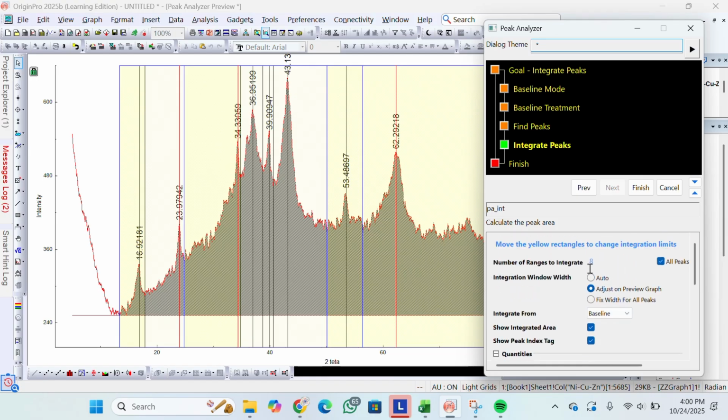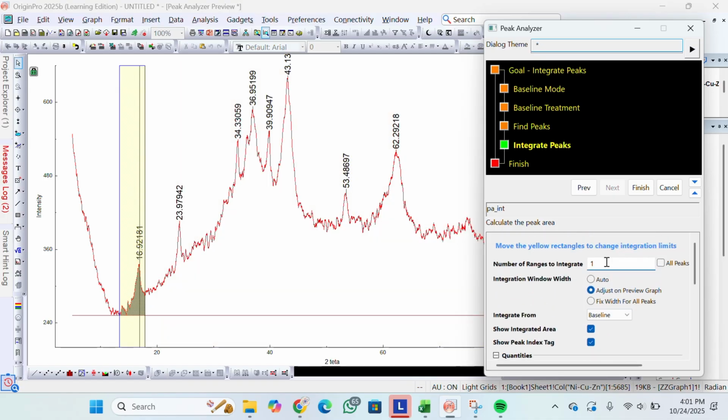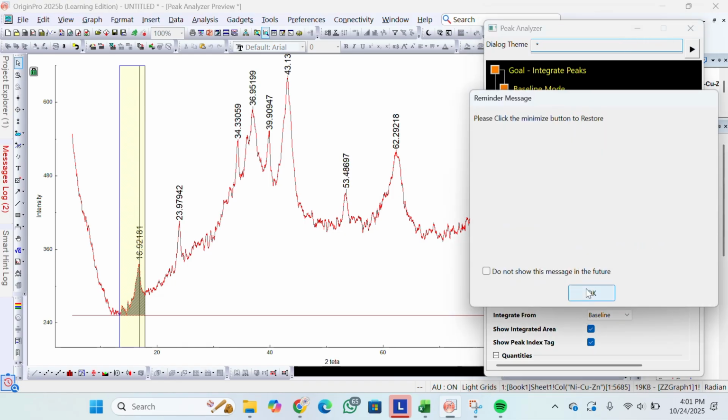And then integration change to adjust on preview graph, and then uncheck all peaks and number change to be 1 and click finish. And we can minimize this, click OK,